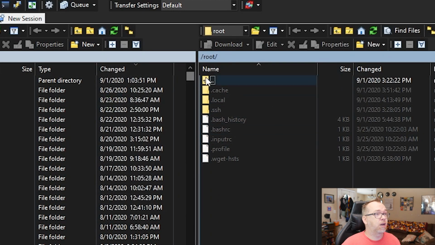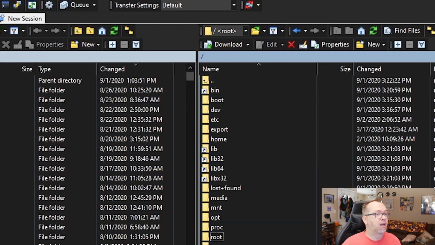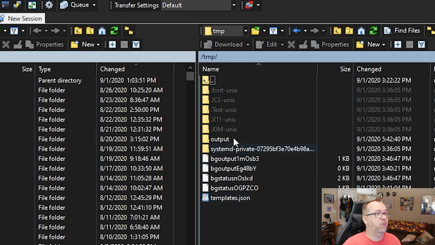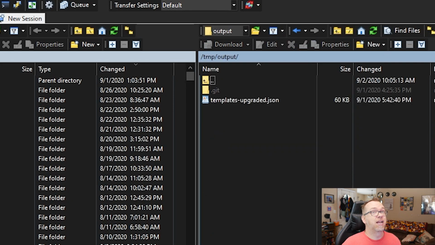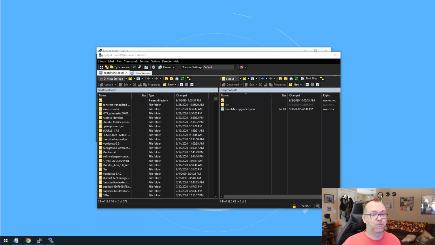All right, so then we're going to come up here. We're going to go up here to temp and then to output. And then I'll minimize this and I'll just drag this file over. And of course, I'm sure it put it on the wrong screen as per usual. Sure enough, there it is. That's our templates